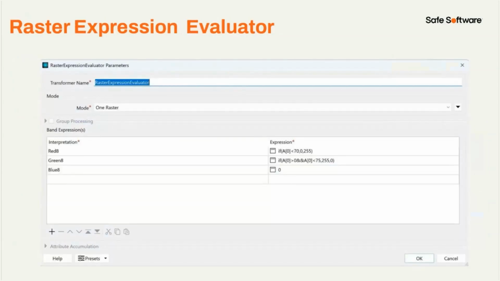Before the final section, it's worth highlighting the raster expression evaluator transformer, a powerful tool that acts as a cell calculator for raster data. A few key points about this transformer. It modifies rasters by applying one or more mathematical expressions. Operations occur per pixel per band, ensuring fine-grained control. It can take one or two rasters as input, but when using two, both must share identical dimensions. And the output is a new raster, which may have a different number of bands or interpretations depending on the